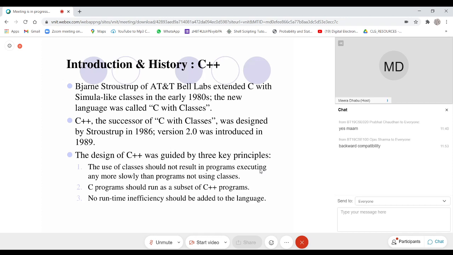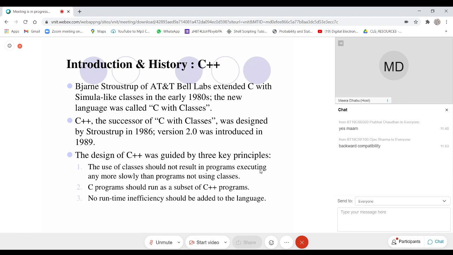And the last point which I mentioned is that they wanted no runtime inefficiency. This means that the way a built-in data type can be handled, the same way they want the programmer to be able to handle a class object, with the same kind of efficiency and the same kind of treatment.